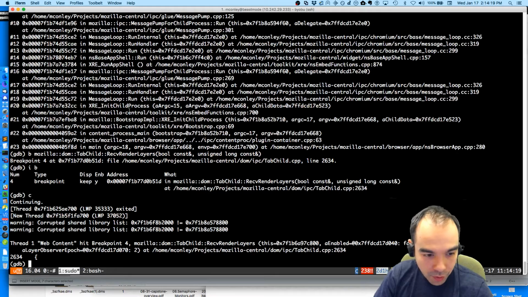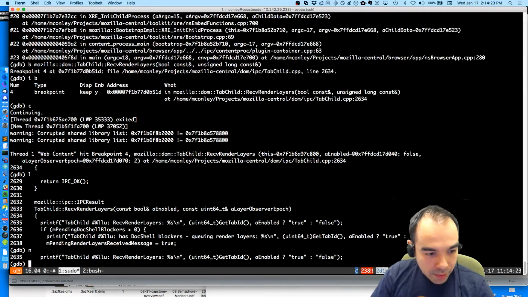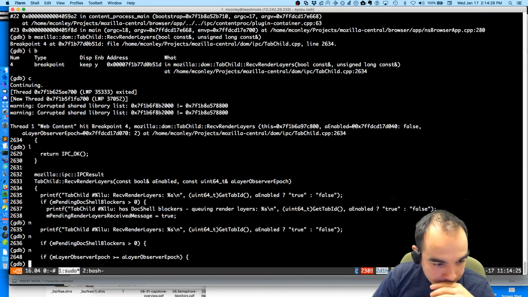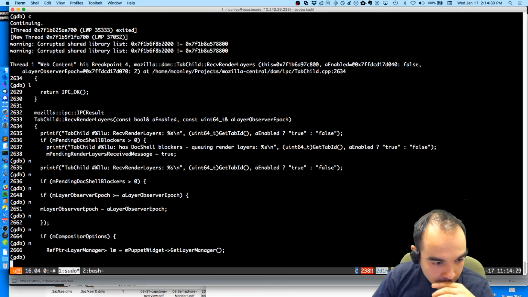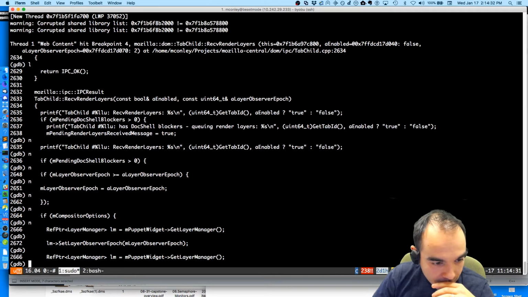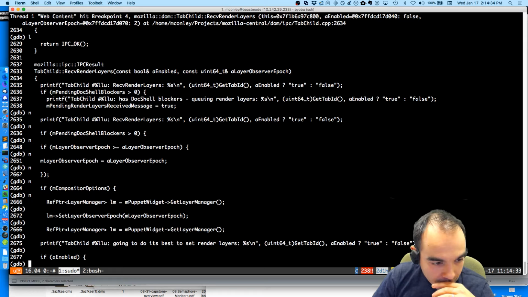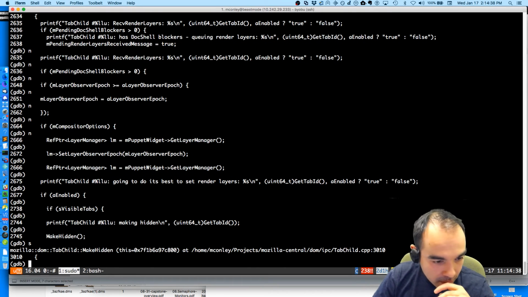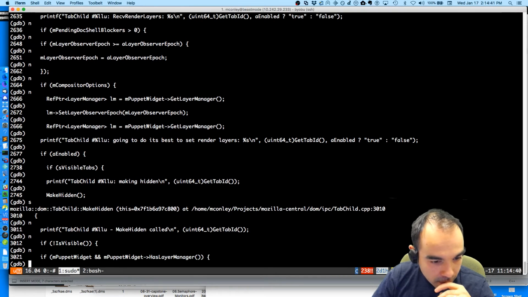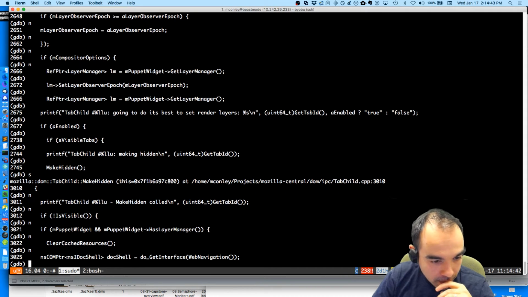Okay. Good. So let's step through this again. We get the layer manager. We're going to make hidden. So clear any cache resources.